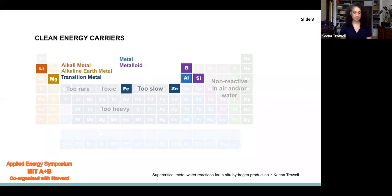When we go back to this table, we can look at the remaining elements through a slightly different lens. What if we use these metals to produce hydrogen? In theory, all of these metals will react with water to produce hydrogen. Lithium, however, reacts a little bit too well, and this reaction is very hard to control. So if we want an energy carrier that's also safe, we'll have to keep using lithium in its role in batteries. Iron also reacts with water to produce hydrogen,